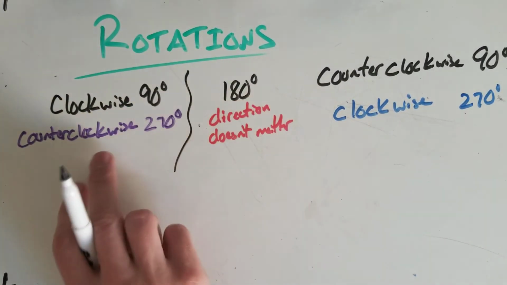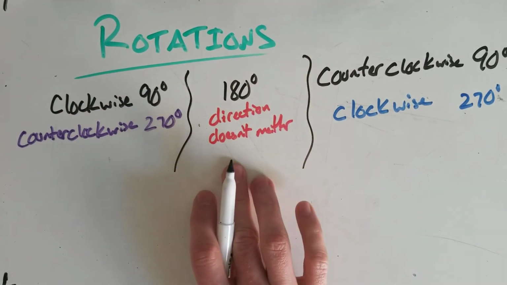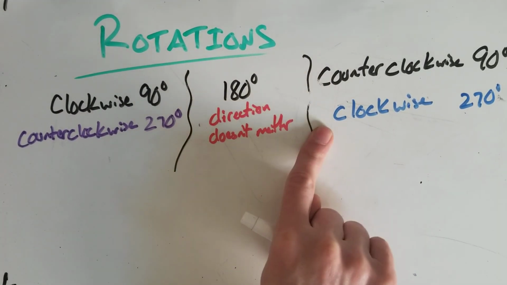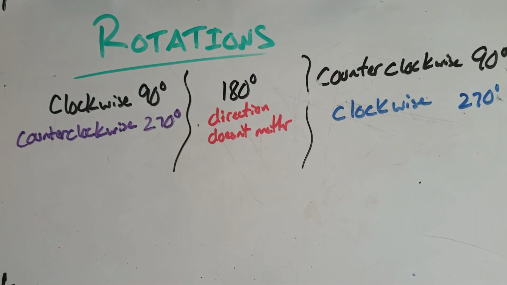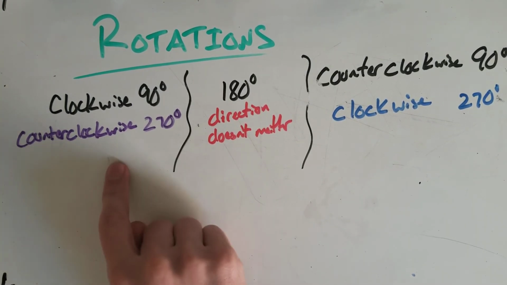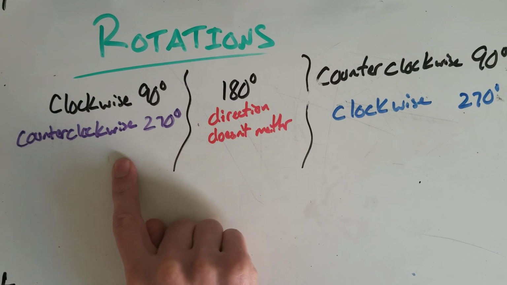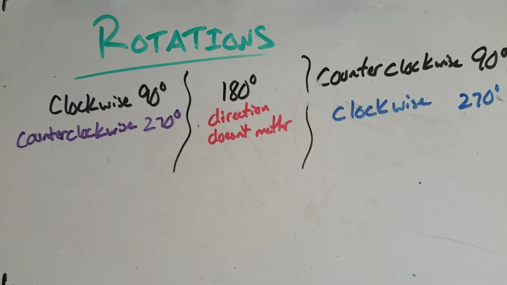These two are the same thing, they'll have the same rule. 180 degrees doesn't matter. And these two are the same, they have the same rule in the end. So we're going to talk about the rule for each one of these, and we'll start with 90 degrees clockwise. So the rule for 90 degrees clockwise or 270 degrees counterclockwise is going to be, I'll